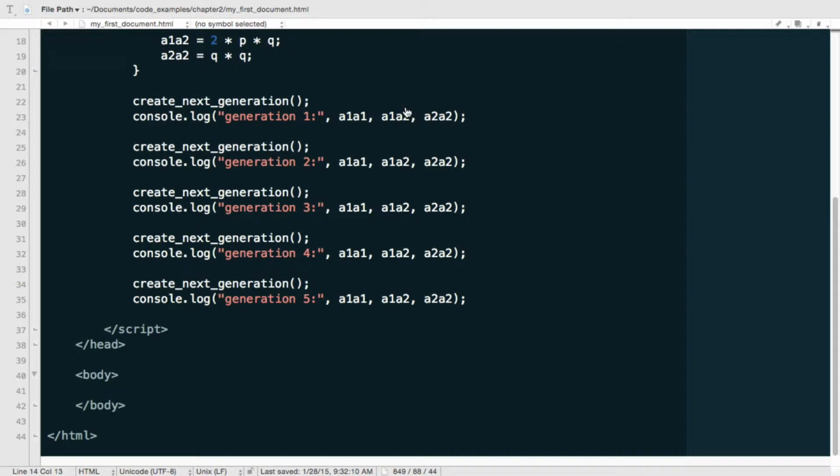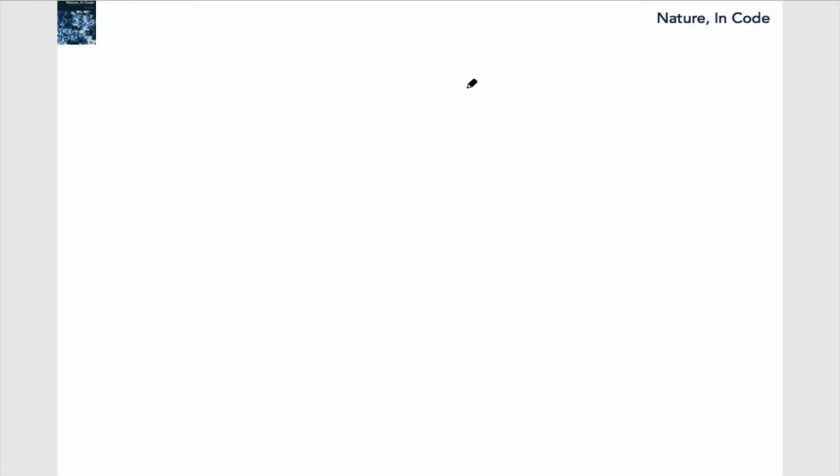Well, it turns out there are a couple of different ways to do this. The one that we'll use most frequently is the for loop. And I just want to show you real quick what the for loop is and how it's structured. So basically the for loop in JavaScript is structured as this.